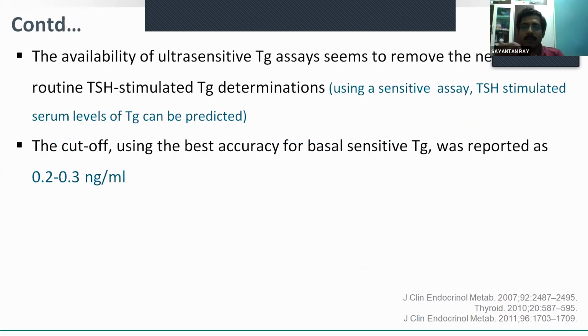So the availability of ultra-sensitive thyroglobulin assays has actually removed the need for routine TSH-stimulated thyroglobulin determination, because TSH stimulation produces a 5 to 10-fold increase over the basal values of serum levels of thyroglobulin. So using a sensitive assay, TSH-stimulated serum levels can be predicted. And the cutoff with the best accuracy for basal sensitive thyroglobulin has been reported as 0.2 to 0.3 nanogram per